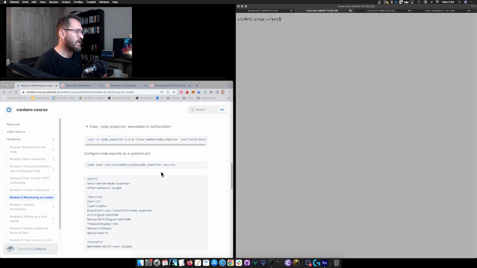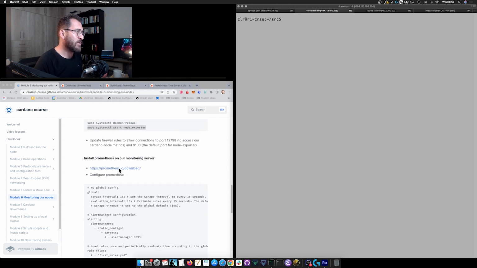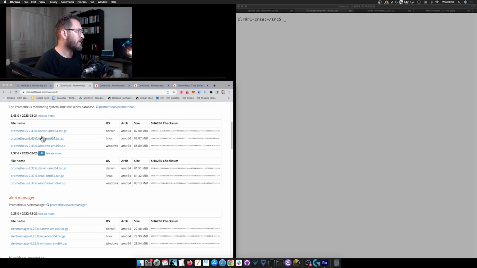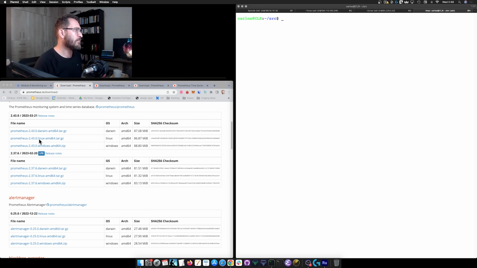And for getting Prometheus, you have this link over here. It is Prometheus.io download. And you will find the binaries again here in the tarballs, and you have Prometheus 2.43. This is the version that I am using. Of course, this is a Linux machine, so I am using the Linux version. So let me just show you what we have in here. I have downloaded the tarball and I have extracted it here. So let me go into Prometheus,